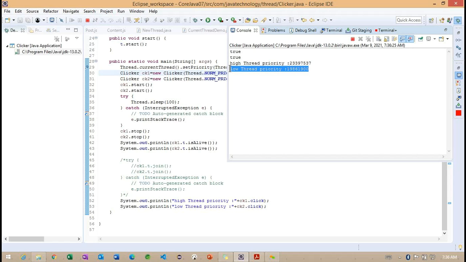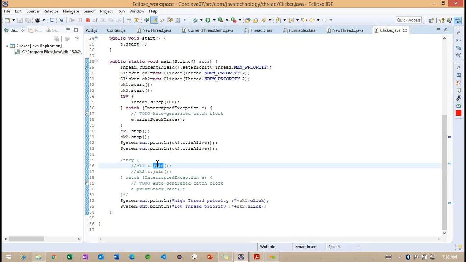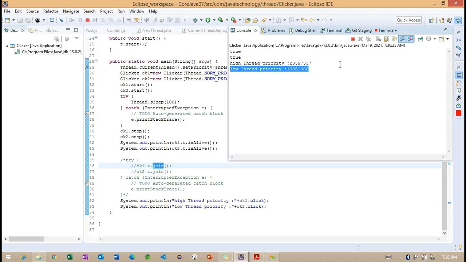So when we are calling the join method, based on the thread scheduler, we are getting some more expected time here. Compared to the expected time, we need to wait some more time for the current thread to terminate here. Because of that, I commented the join method here, but now we are able to focus on how many times the value is increased in the high priority thread here.